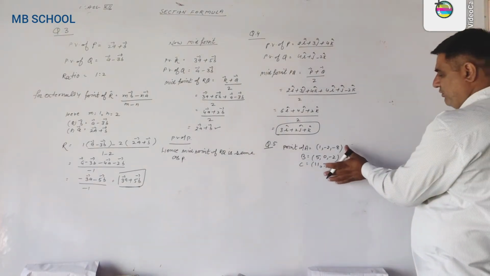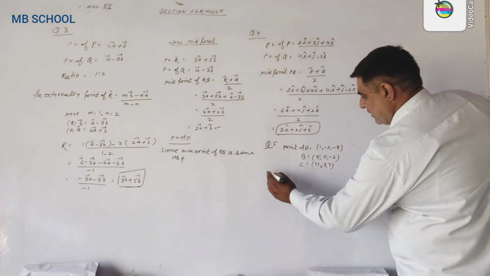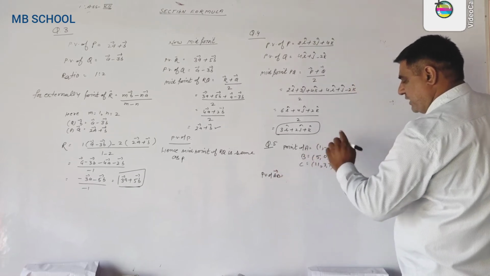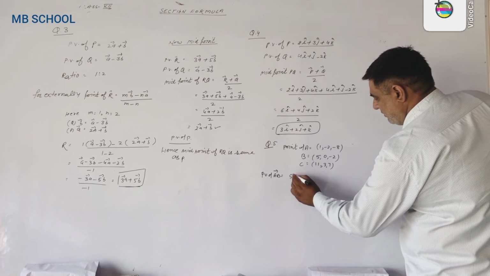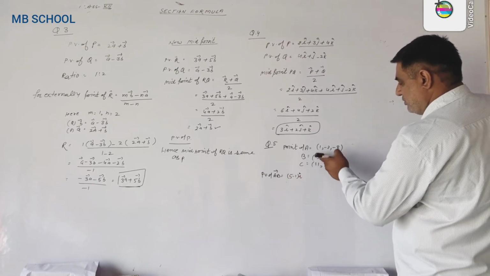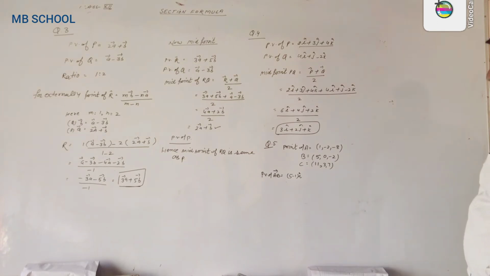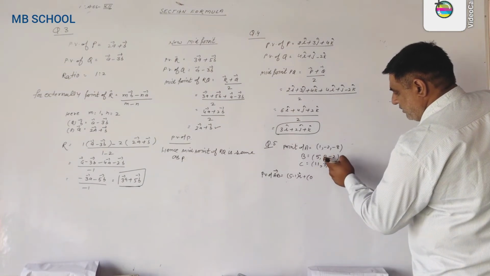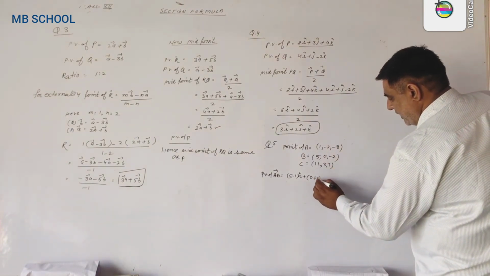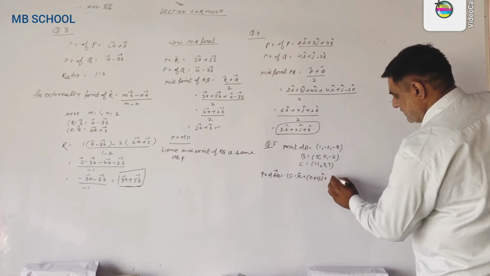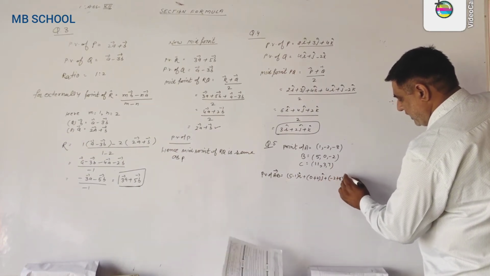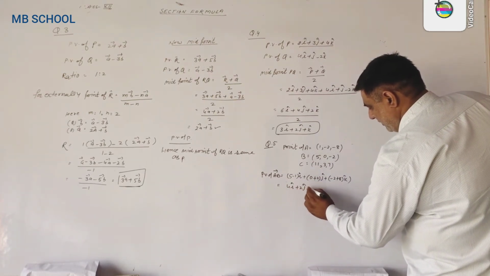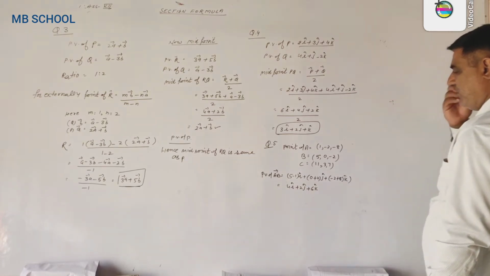First of all, we find the position vector of AB. Now the position vector of AB means vector B minus vector A. So we write 5 minus 1 into i, x2 minus x1, y2 minus y1, z2 minus z1. Now this becomes 0 plus 2, that is y2 minus y1, into j, plus minus 2 plus 8 into k. So now this becomes 4i plus 2j plus 6k. This is the position vector of AB.